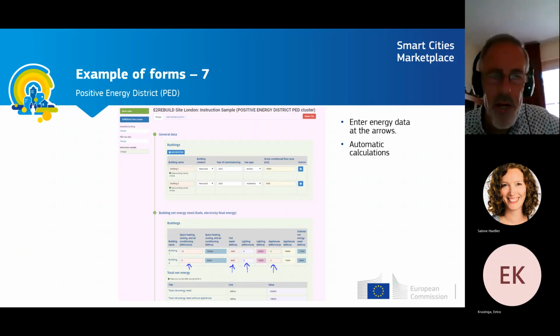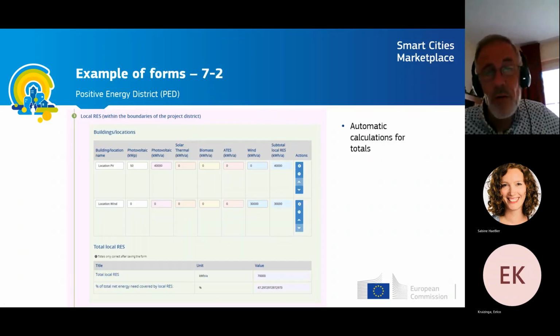You need to provide information about what kind of buildings, when is the year of commissioning, is it new build or refurbished? Then the energy needs of the building need to be indicated. We also need information about local renewable energy within the boundaries of the project. So you give the location, the amount, what kind of renewable energy. Here the options are PV, solar thermal, biomass, aquifer thermal, energy storage, and wind, which can then be added to sum up what is being achieved,